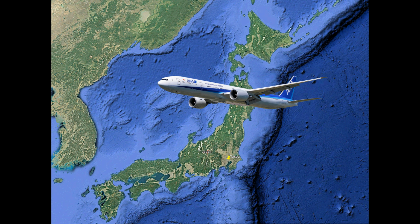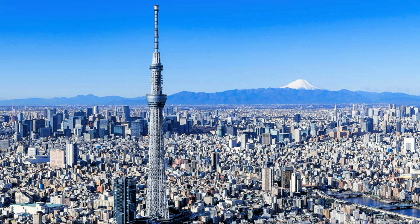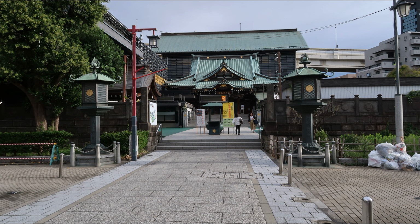Last year, I visited Japan for the first time. As I pored over lists of things to see and looked at several YouTube videos, I began to realize that with only 6 days on the ground, my wish list of places to visit would be severely limited. So after visiting Tokyo Tower, Skytree, Mount Fuji, and a host of shrines and temples, there was only room for